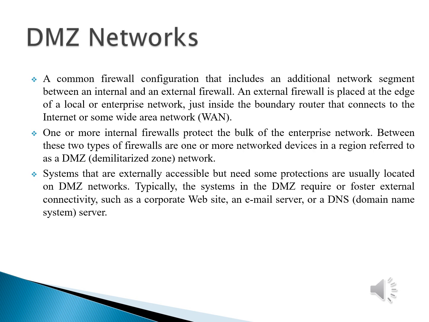Next is DMZ networks. This is a common firewall configuration that includes an additional network segment between an internal and an external firewall. An external firewall is placed at the edge of the local or enterprise network, just inside the boundary router that connects to the internet or some wide area network. One or more internal firewalls protect the bulk of the enterprise network. Between these two types of firewalls are one or more network devices in a region referred to as a DMZ network,